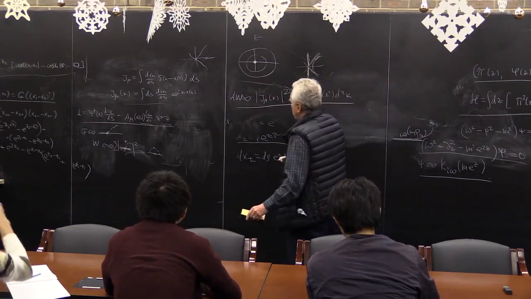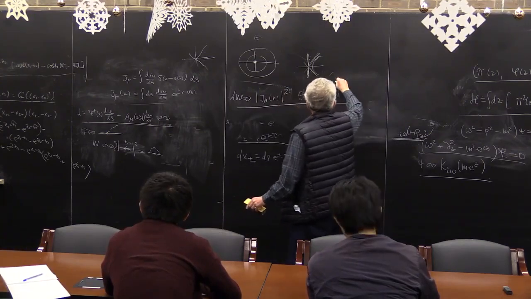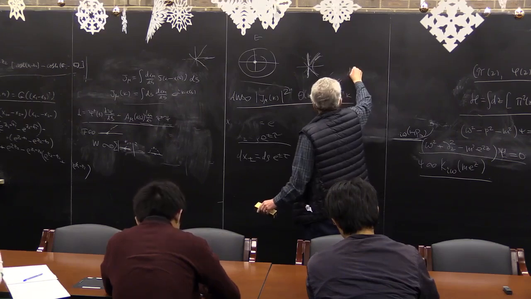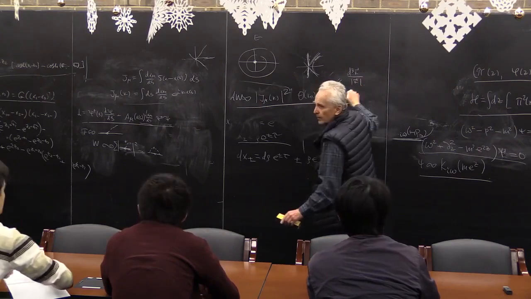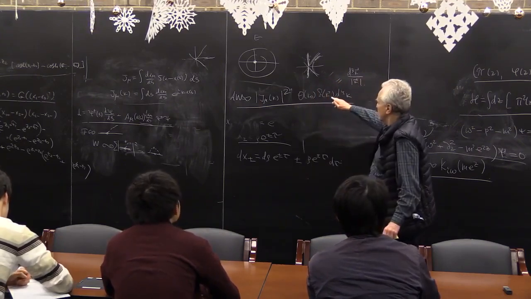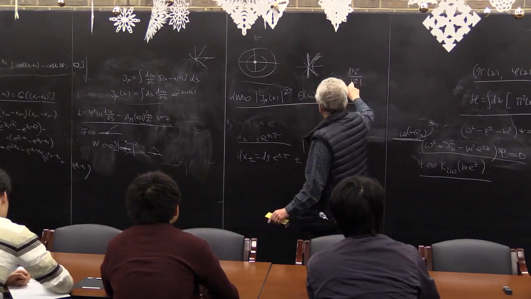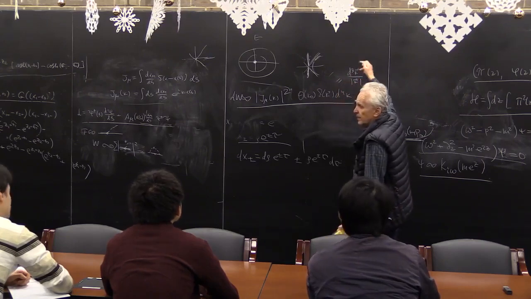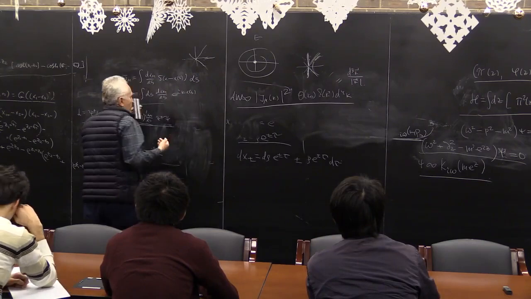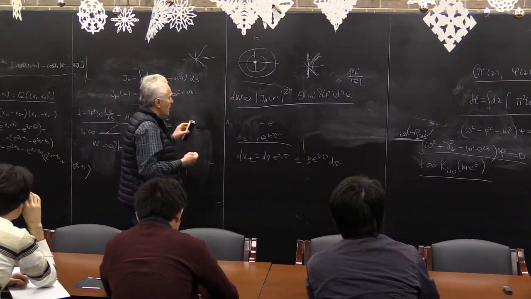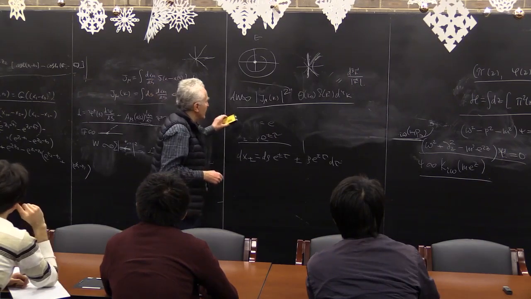Which you can also write down as d3k divided by the absolute value of k when you remove this delta function. That's the relativistic density of states. You were right. It's just the density of states which you multiply. And now a slightly less